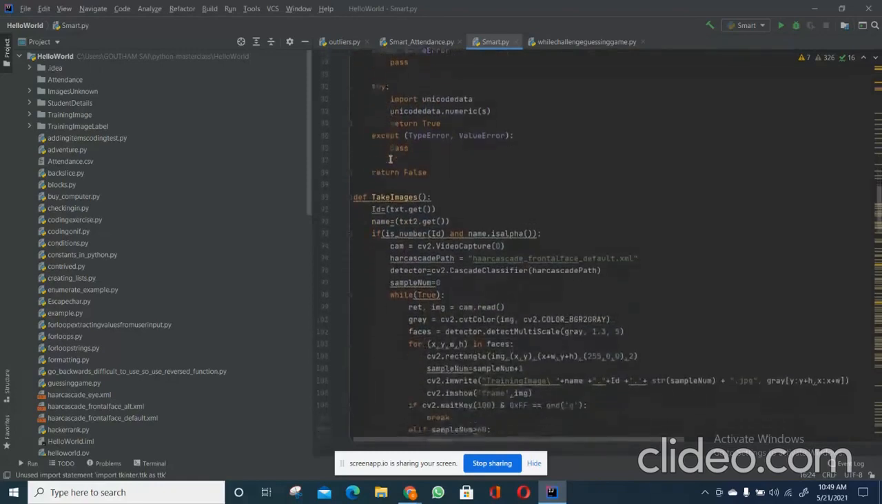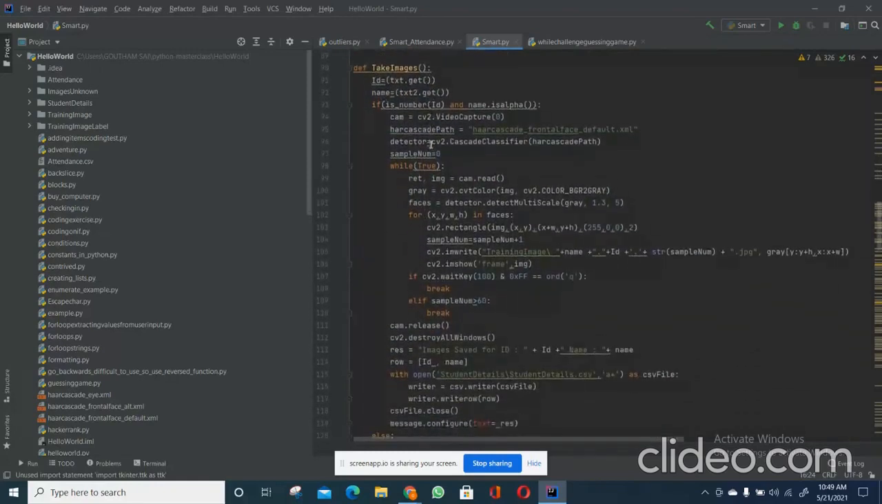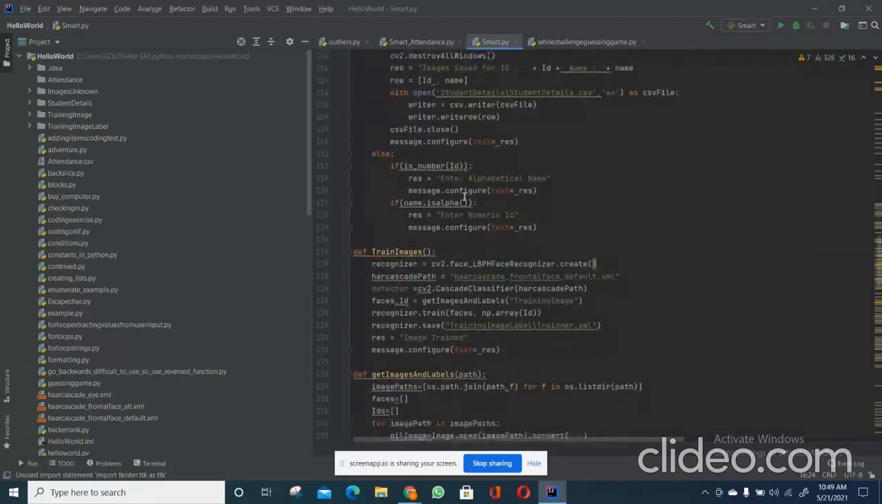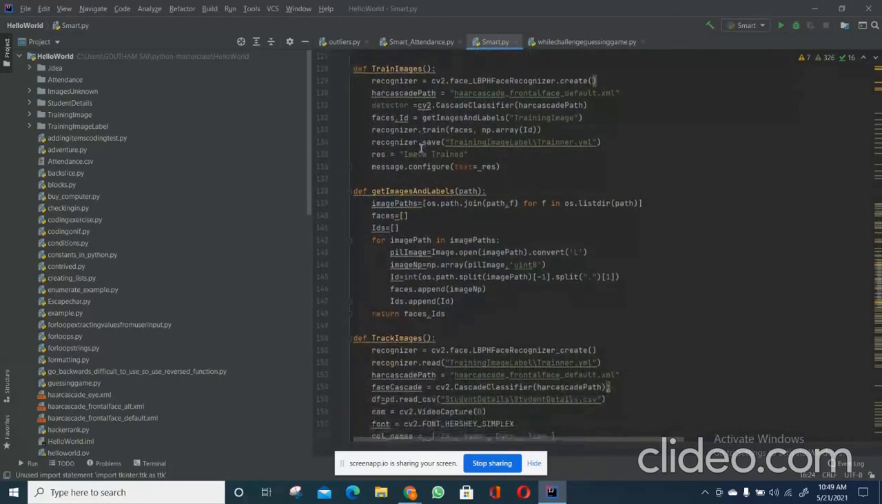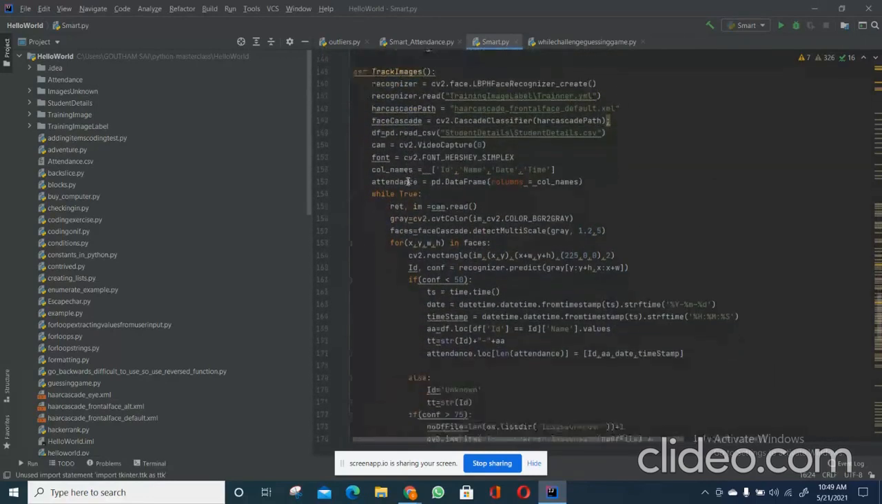These are the buttons we defined. The take images button is used to access the webcam and take the images. The train images button will train the images. And this is the track images button. It will track the image and